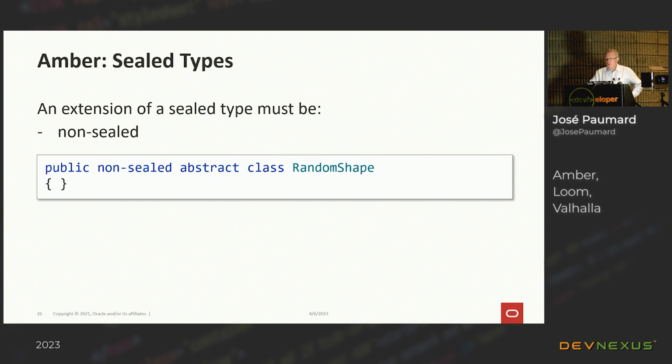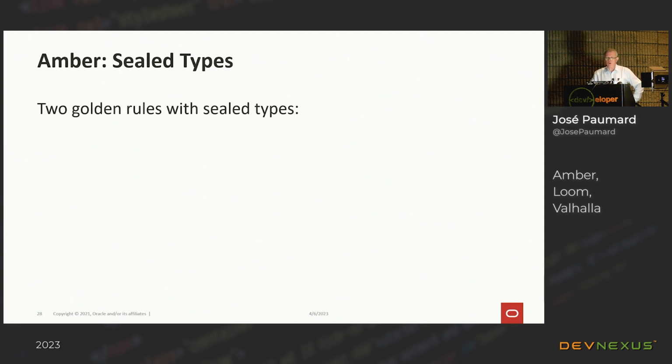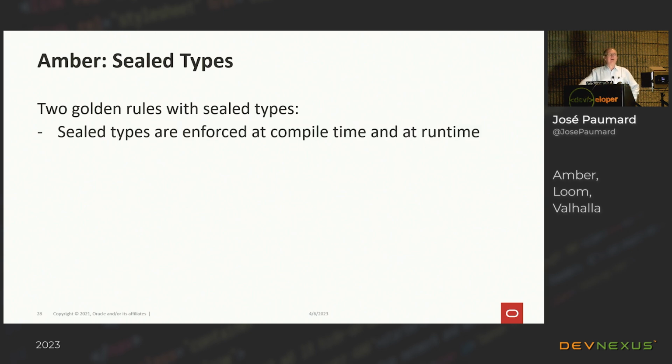There is one constraint, which is the one I just mentioned, that is all these must live in the same package, or in the same module if you're in a module. And along with sealed types, you have two golden rules. The first one is that sealed types are enforced both at compile time and runtime. Okay, so if you try to sneak in